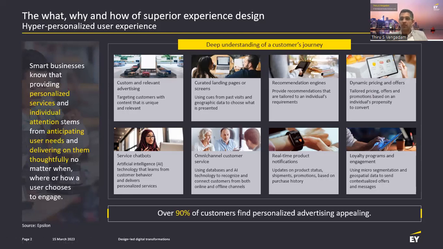So how do we make sure that experiences are consistent and equally responsive, equally real-time across all the channels? And then, of course, the biggest piece of all of that dimension is emerging tech, right? There are so many newer ways that things are being swept under our feet that this is probably the most difficult one to adapt to, because the rest of it is all here, present, here and now.